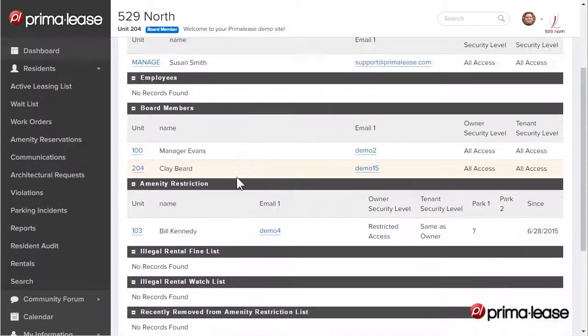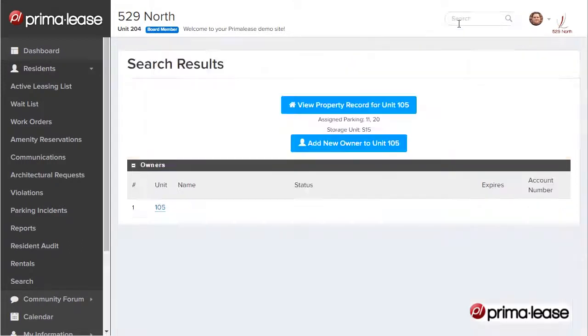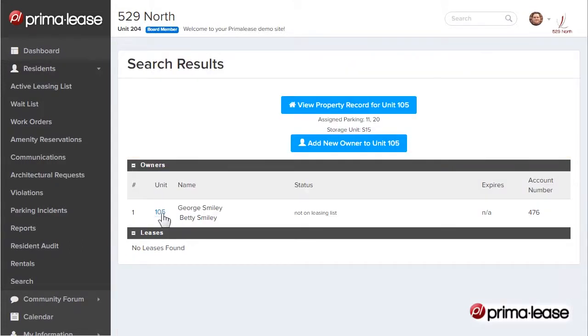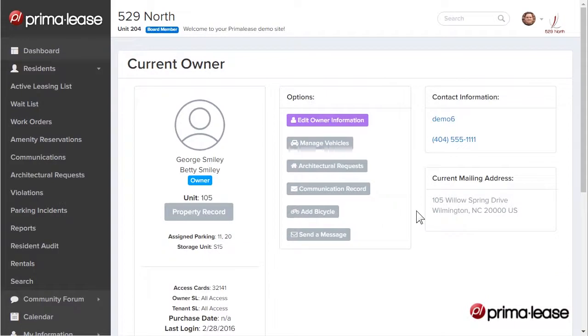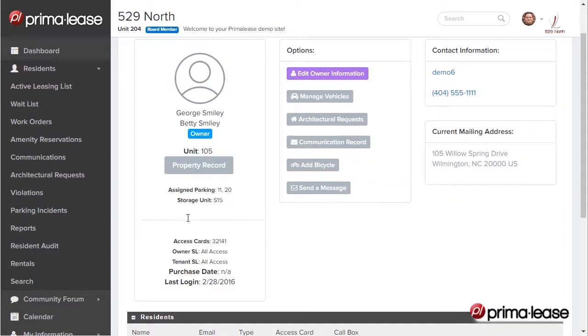Now, if you want to add or remove people from the amenity restriction list, the first thing you would do is look up the person in the search bar or anywhere on the screen. Just go to their profile. So if I go to Unit 105 and then click on their unit number here, I see that there's no indication that they are on any special list, so I can go to Edit Owner Information